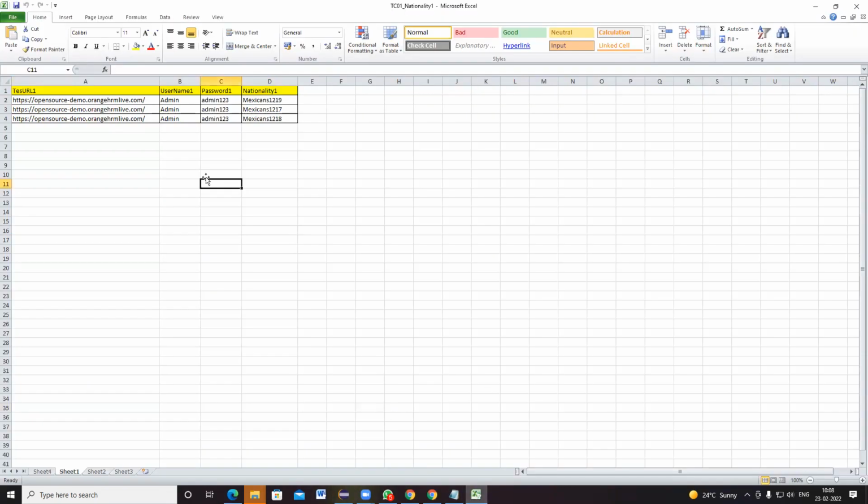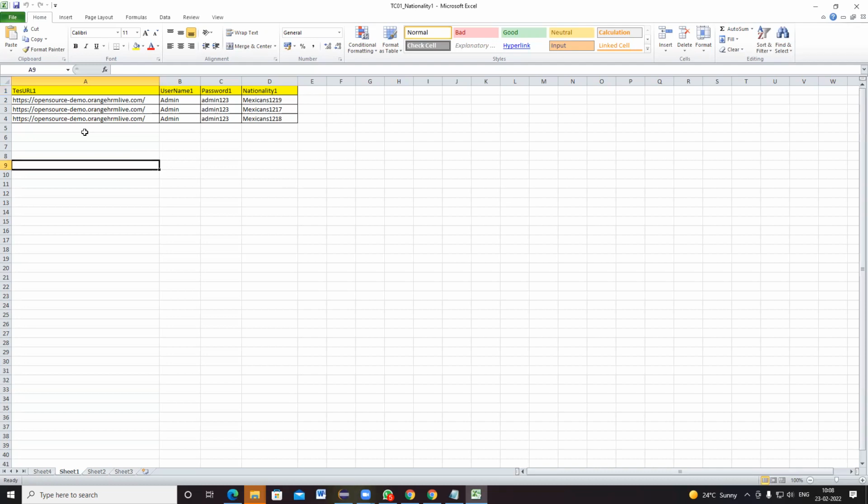I have to know how many rows are there. Here, how many rows are there? Excluding the column header, there are 3 rows. The actual rows are 1, 2, 3, 4, and out of 4, I have to reduce one, so 4 minus 1 means 3. So this Excel contains 3 rows, and I have to repeat.